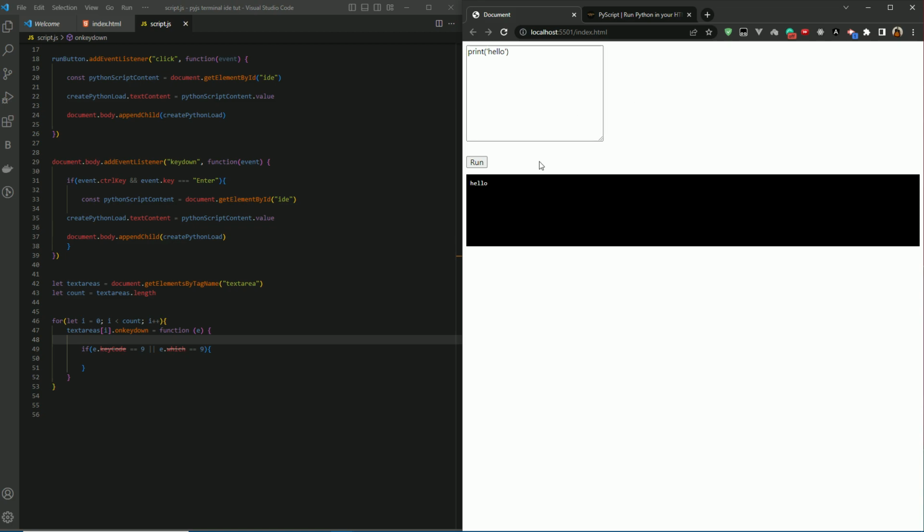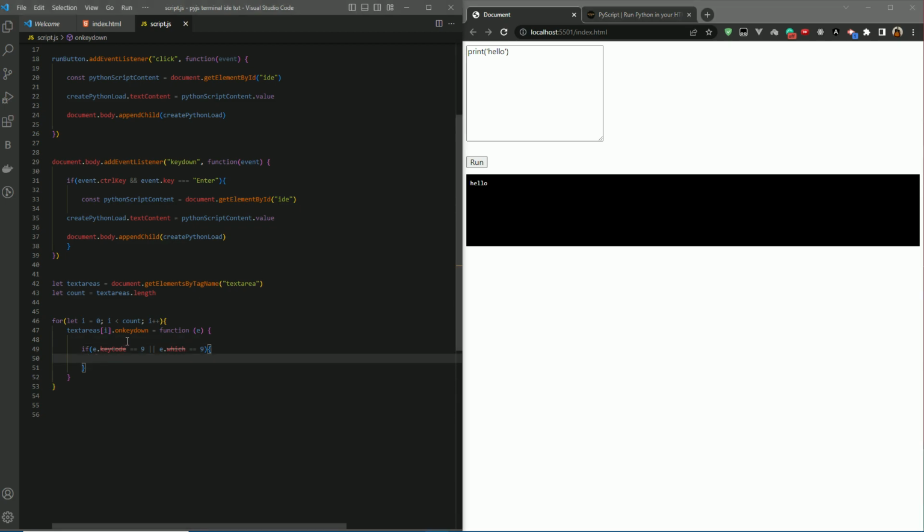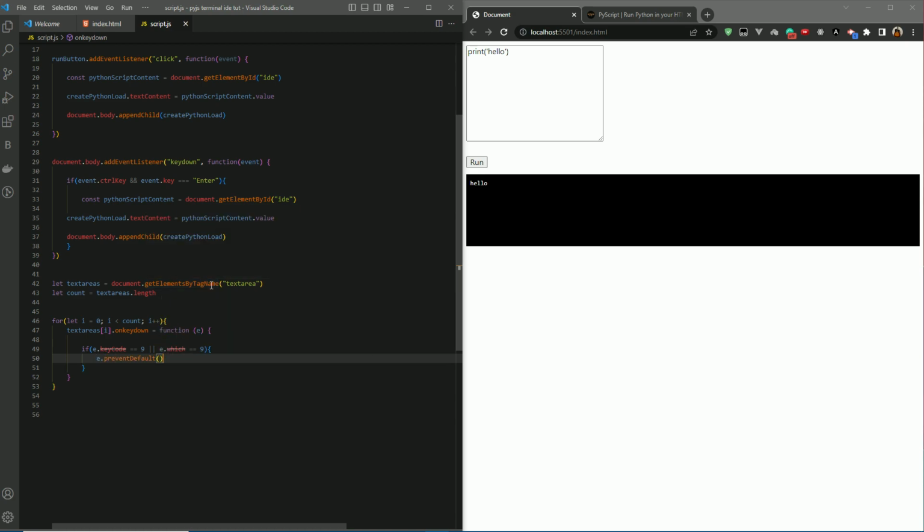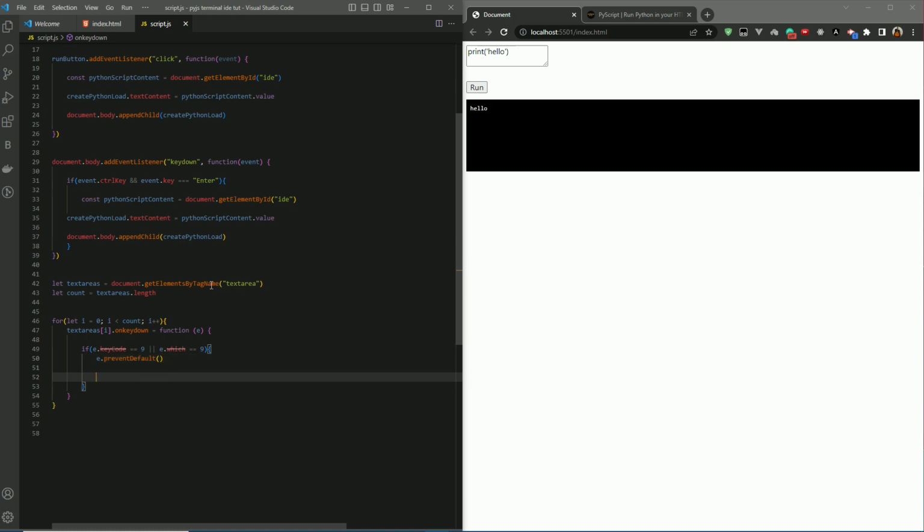So it's one of those numbers. Everything you have on your keyboard is a unique number corresponding to the key code. So for this number, which is tab, when you press tab, that references key code 9. So when we do that, we're going to prevent the default function for that because we don't want it to